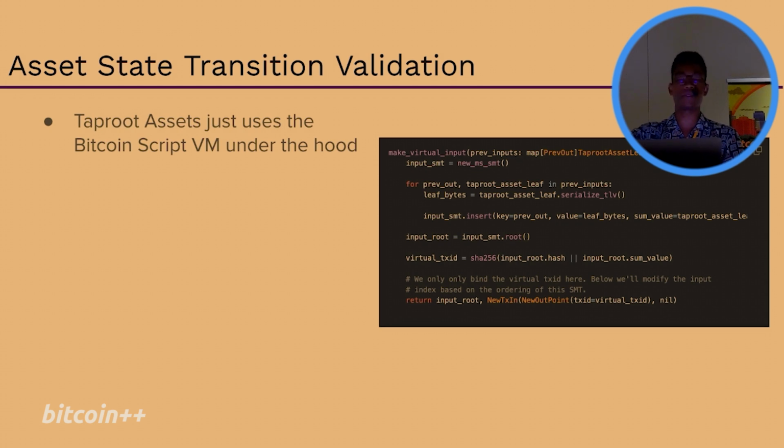Inclusion is basically you have something in this series of trees, you follow all the rules. Now we actually need to follow state changes and verification, right? For example, in Bitcoin, you can't spend an output until you satisfy the script. In many cases, that's just a single signature, basically, right? We need something similar to that. But Taproot Assets actually just uses the Bitcoin script VM under the hood, which is really cool.